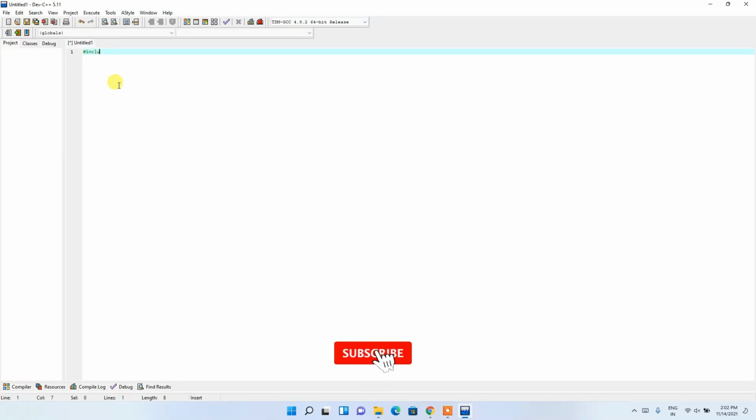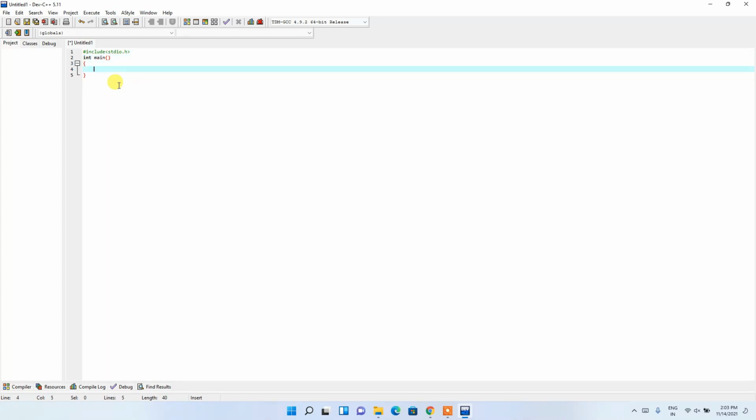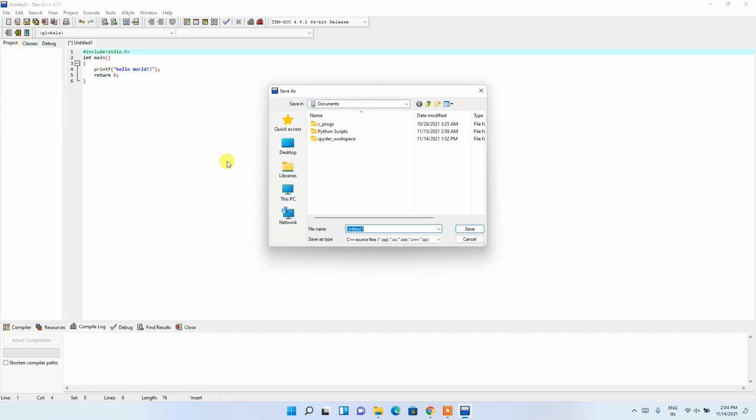So I'm going to write a simple hello world program. So hash include stdio.h, right, and int main, and then inside our main method, we are going to print. So printf hello world, right, just simply end with a semicolon and then return 0. Right. So just simply write that much, and then just simply go to file, then save as,